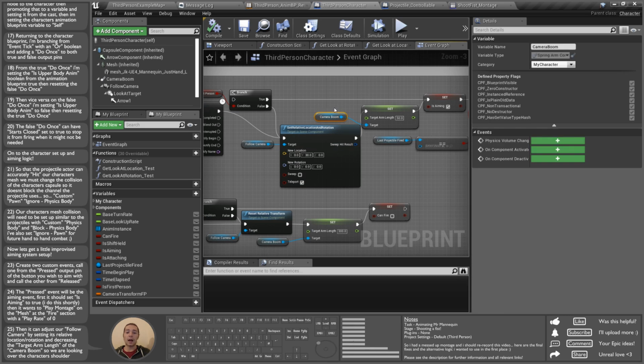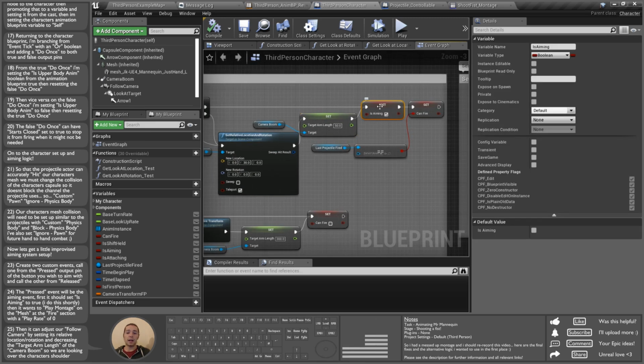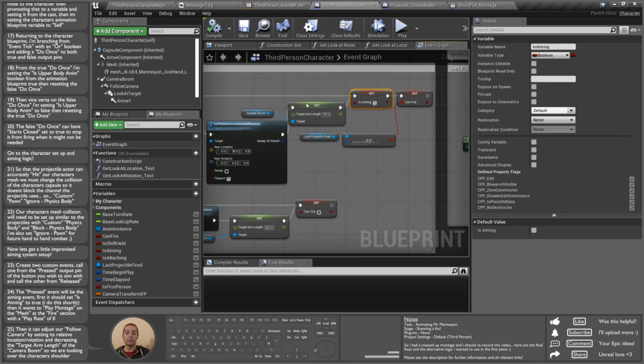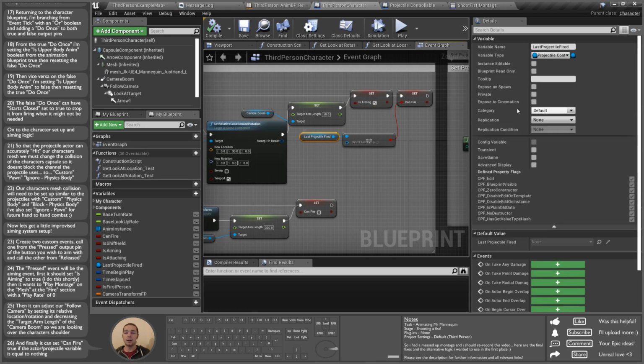Following that, I'm taking the camera boom and I'm reducing its target arm length to 50 so that we zoom in as well. Then I'm setting is aiming to true, because we are now aiming. And if the last projectile fired, which could be an actor reference, but it's currently a projectile controllable reference to this projectile, is equal to nothing,